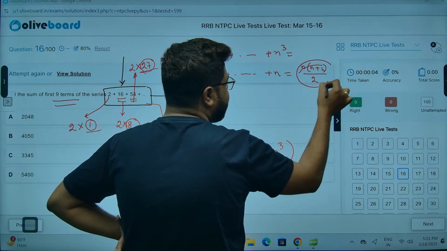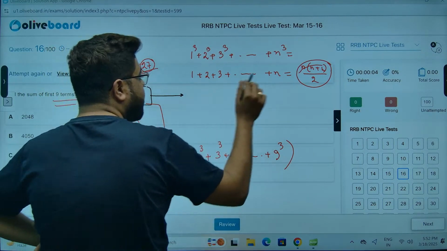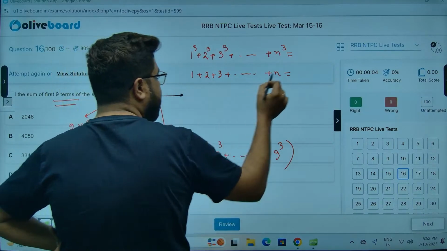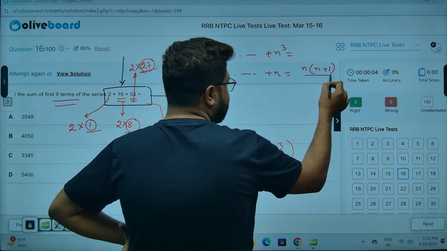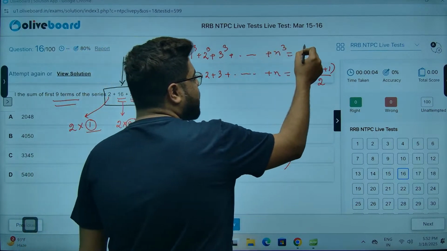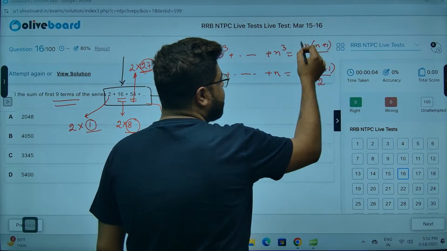Because this is an AP, it comes from the formula for average. Okay, sir? Now, if you take that and square the whole thing, that is nothing